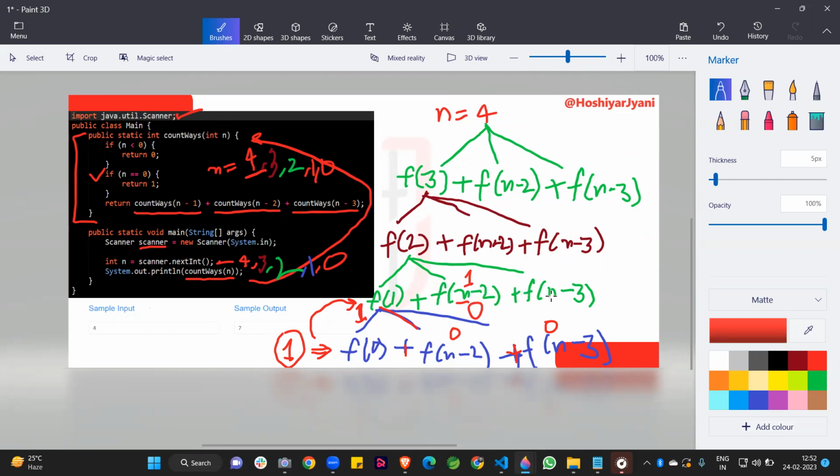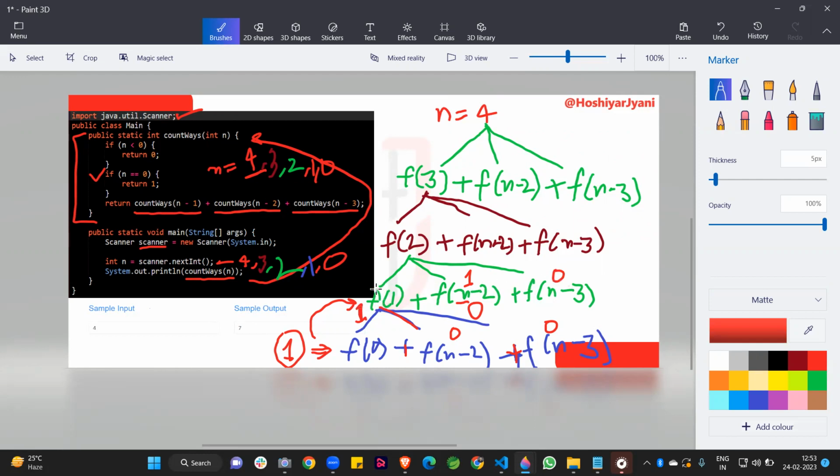After that, plus symbol and n minus 3. So what is the value of n here? We ask the parent. So n value is 2, and 2 minus 3 is minus 1. So guys, for any negative number, f of minus 1, you know very well, if n is less than 0, then we can simply return 0 because we are going beyond our stair. So this method is returning 0. So the combination of the total of this method is 1 plus 1 plus 0, returning 2.